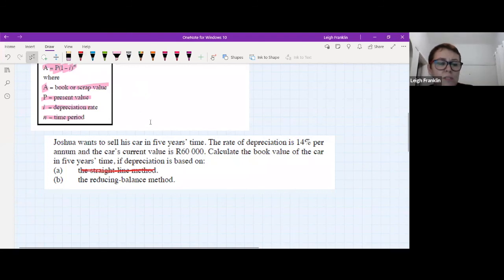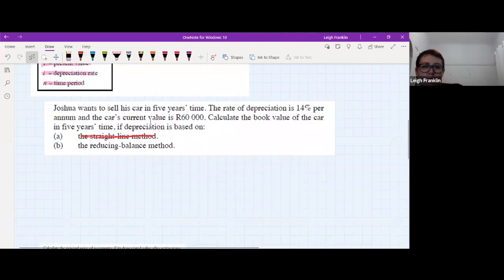So Joshua wants to sell his car in 5 years' time. The rate of depreciation is 14% per annum, and the car's current value is 60,000. Calculate the book value of the car in 5 years' time if depreciation is based on the reducing balance method. So these sorts of questions are super easy. We're going to say A equals P, what the car is worth presently, times 1 minus, because it's reducing balance,